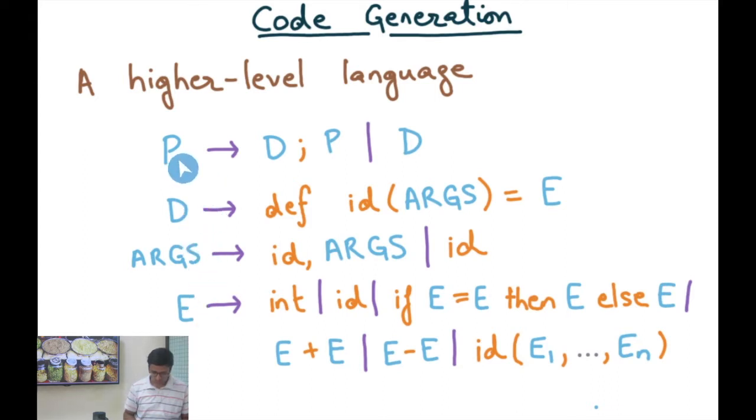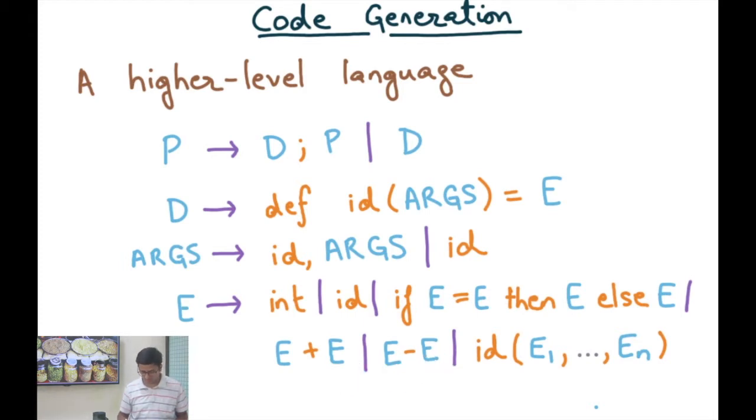The top level non-terminals are P, D, args, and E. So let's start with E. E is the non-terminal that represents the language of expressions, and it could be an integer, which is the constant integer 1, 2, 3, 4, 5, and so on. A variable ID, identifier, or expressions formed by recursive constructors like if then else. So if E equals E, then E else E, or E plus E to